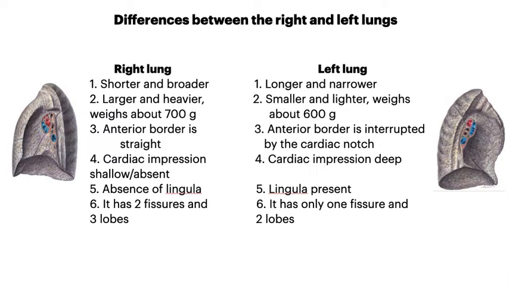Now, differences between the right and the left lung. The right is shorter, broader, larger and heavier. The left is longer and narrower, smaller and lighter. The right anterior border is straight. Here the anterior border is interrupted by the cardiac notch. The cardiac impression is very shallow or absent on the right. This has a prominent deep cardiac impression on the left. There is absence of lingula on the right side, whereas presence of it in the left. And mostly the right lung has two fissures and three lobes, and the left lung generally has one fissure